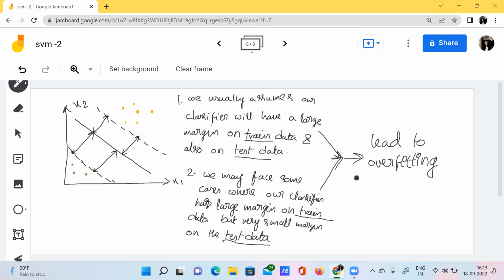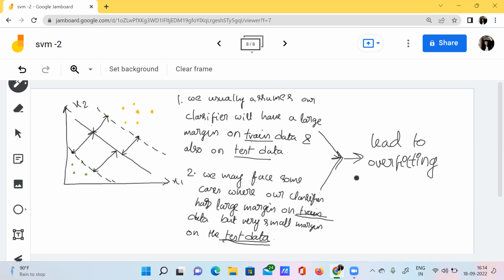Our classifier will have a large margin only on the training data, but not on the test data. We can find a small margin on the test data. These situations may lead to overfitting.